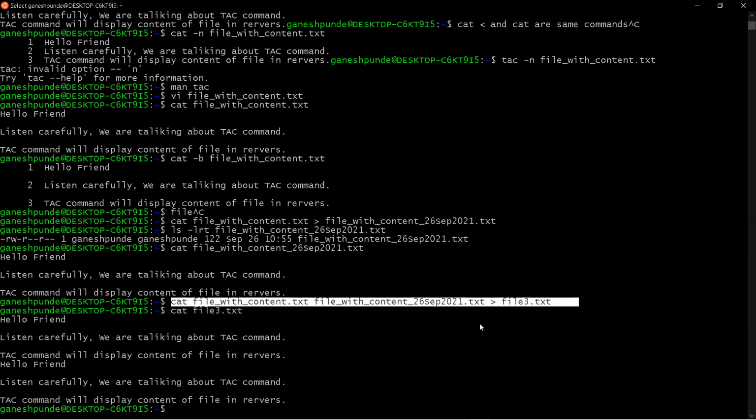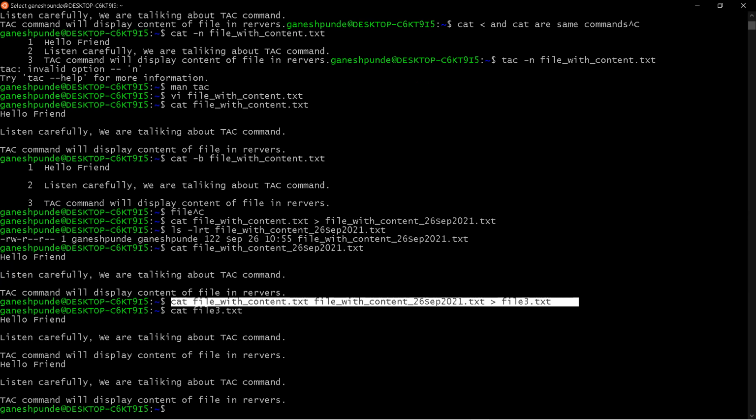That is the beauty of cat with the redirection operator. Even in some cases, like we saw, whenever we need appending, the double redirection operator is used, right? And that double redirection operator is used for appending or merging the content of file 1 into file 2, meaning the source file will be appended into the destination file, right?